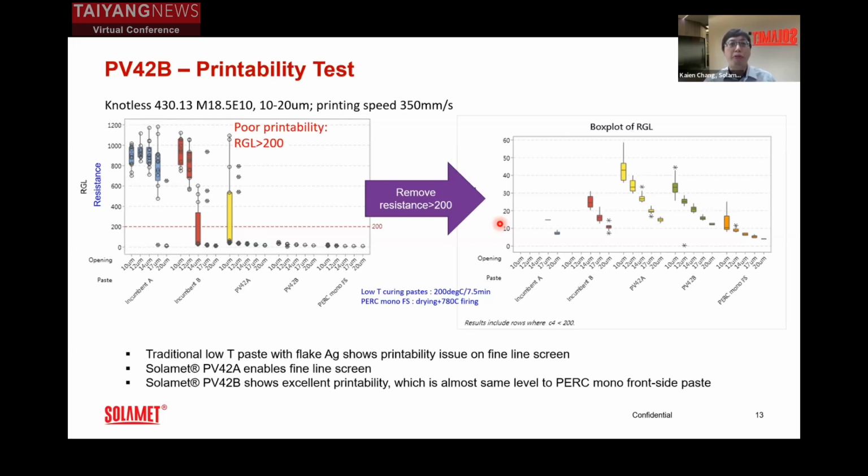So from this very simple simulation testing, we conclude that the traditional low temperature paste with the epoxy system with the flake silver definitely shows printability concerns when moving to the fineline screen. Solamet's 42A enables the fineline screen, and Solamet 42B actually shows even better printability, which is almost the same level as the PERC mono frontside paste. So we believe that will be one of the alternative approaches. We are able to try to solve the two pain points I just mentioned, compared to the PERC mono frontside metallization